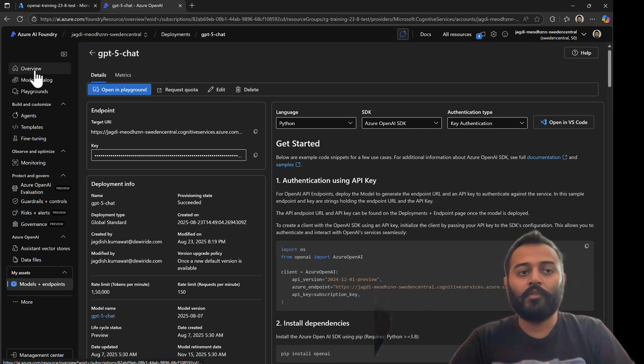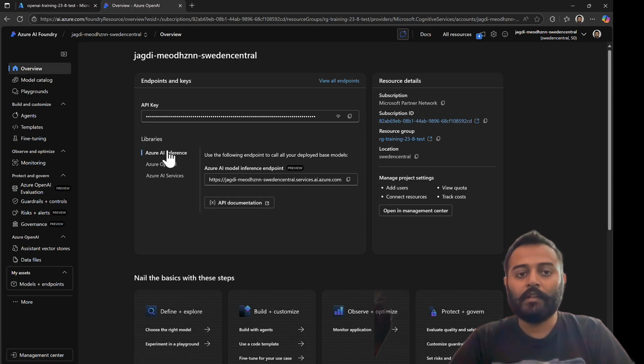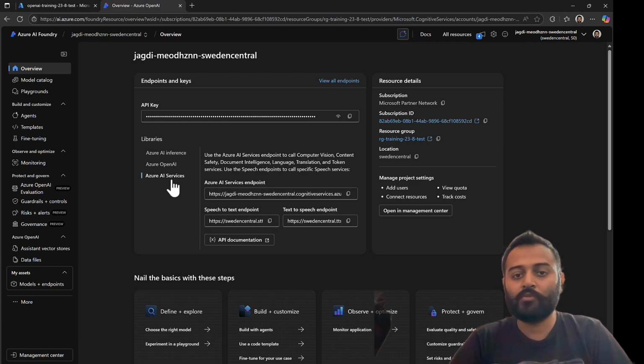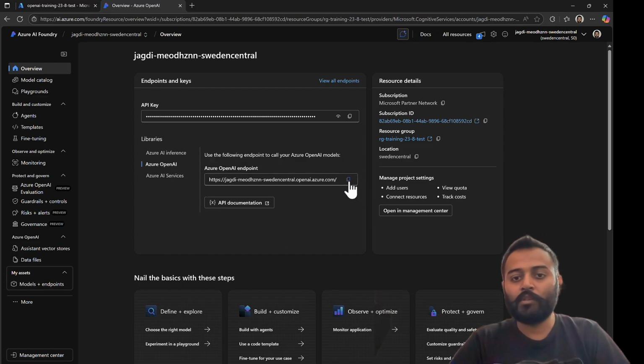Okay, if you go to the overview page, it has multiple endpoints. One is for the inferencing, it's the ai.azure.com. One is Azure OpenAI. This is what is supported by Azure AI search as of now. Make sure you utilize this particular endpoint. But by default, it uses this one, cognitiveservices.azure.com. Okay, so I'm gonna utilize this one,